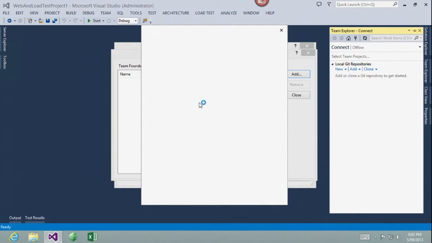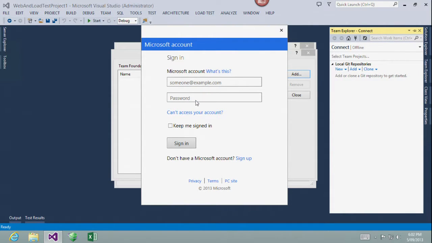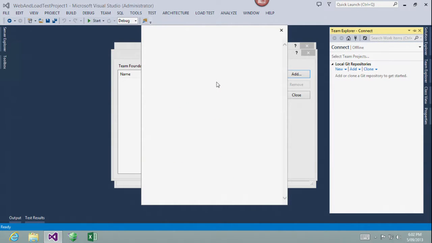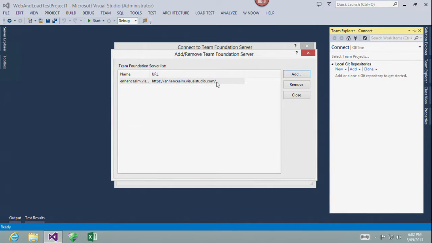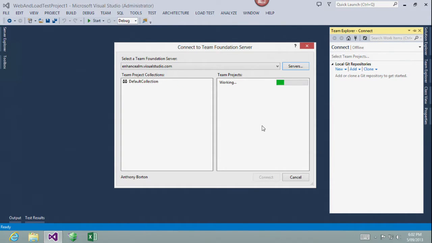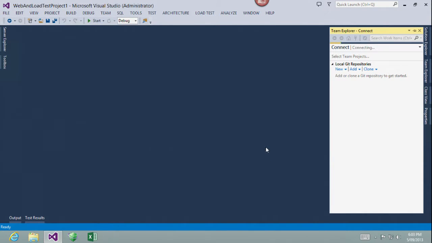How many people have accounts on this already? Oh, that's awesome. Excellent. So all I need to do is simply go in there and establish the connection. Once the connection is established, then at the moment, I think every user gets 20,000 virtual user minutes a month for free. By signing up for the early adopter program, they increase that to 200,000 virtual user minutes per month free.